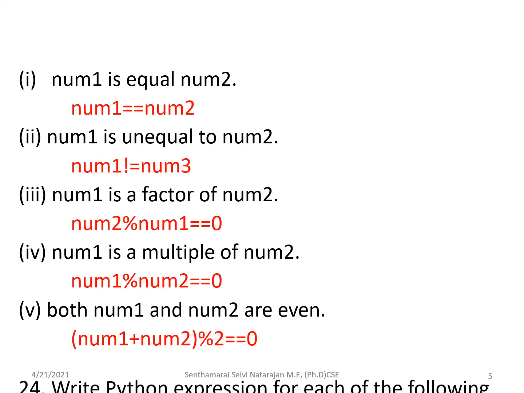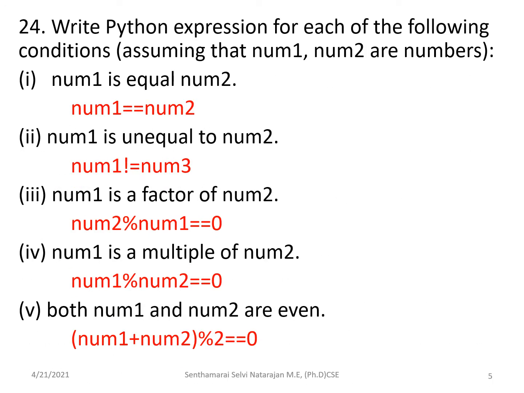Next, you have to give the Python expressions for the given conditions, and here they have specified num1 and num2, both are numbers. So first is num1 is equivalent to num2. The equivalent symbol is specified with the help of double equals. So here it is num1 == num2, and for unequal, here the unequal sign is the symbol, and then num1 is